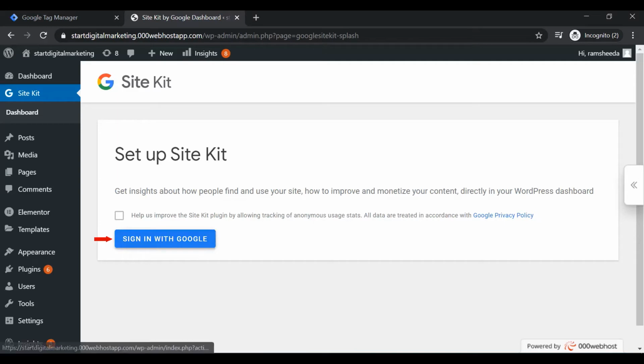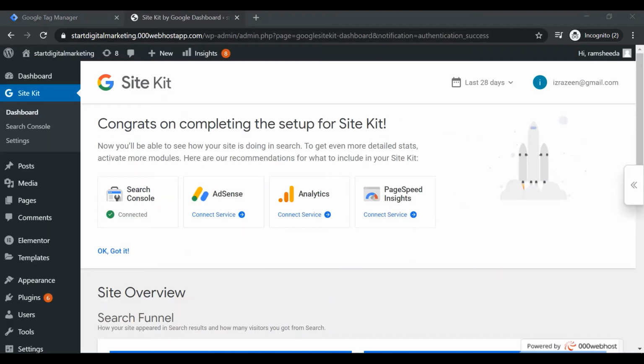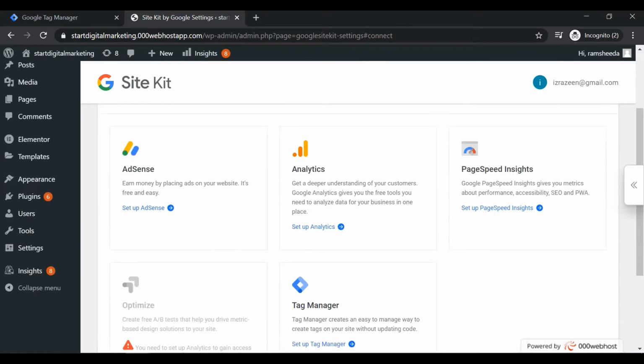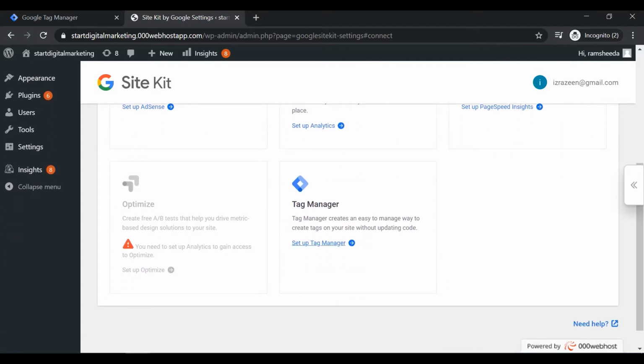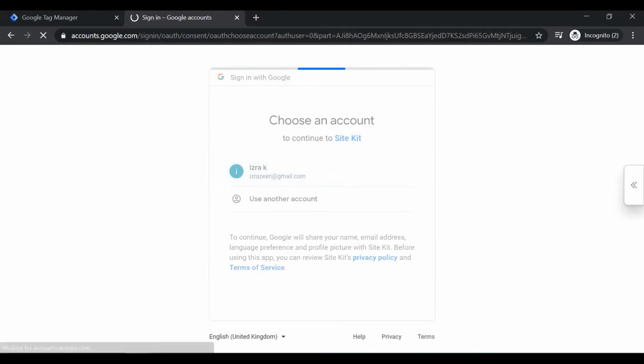We need to connect to Google Tag Manager. To do this, select Settings and then Connect More Services. We can then connect Google Tag Manager. Select an account. Click Allow.